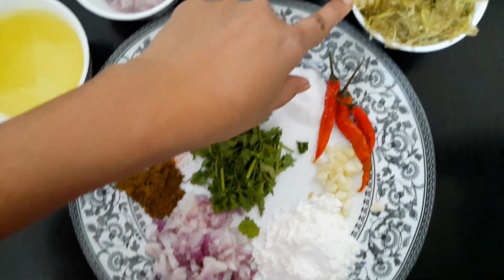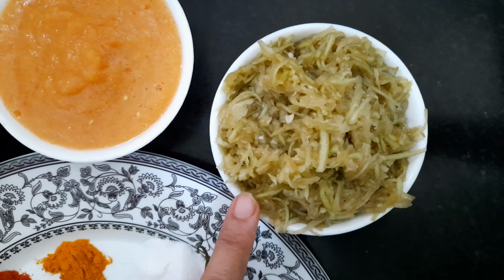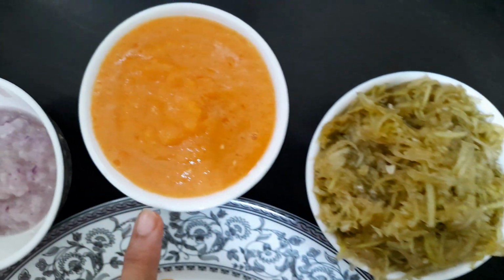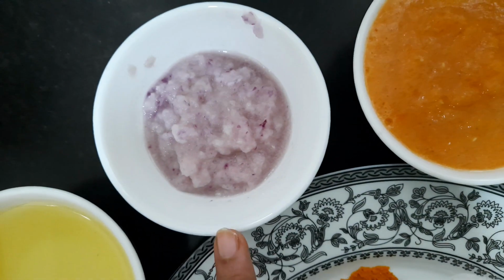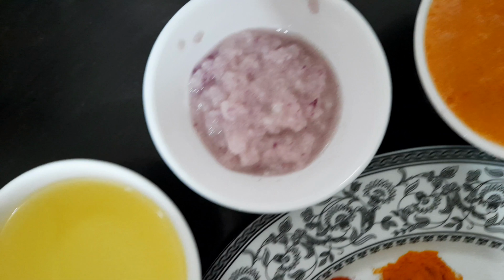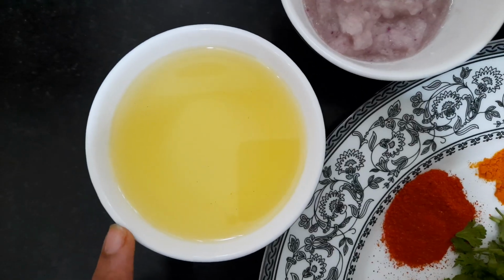Here I have taken 1 full cup of grated bottle gourd, with excess water removed, a cup of tomato puree, paste of 2 medium-sized onions, a full cup of oil which is used both for frying and cooking,